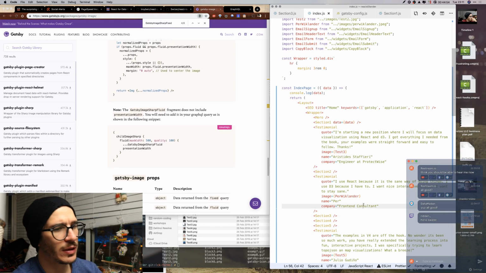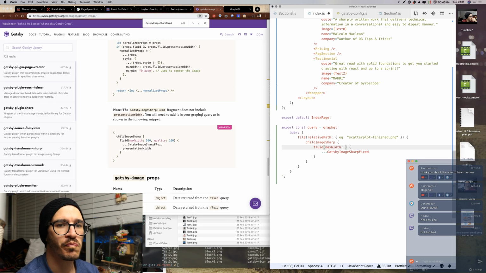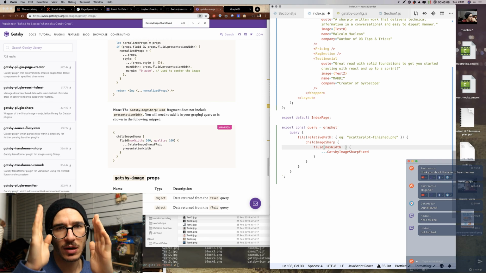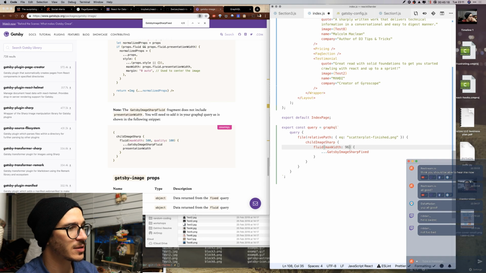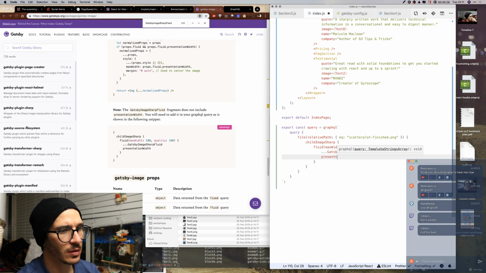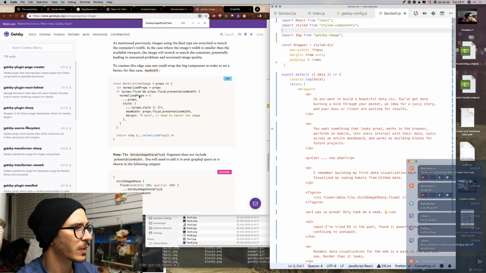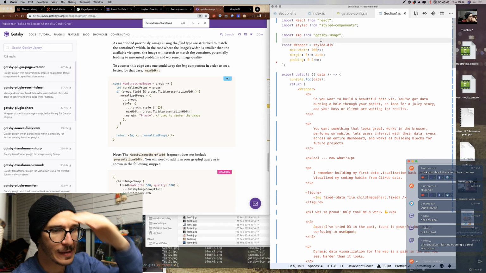So let's do it fluidly instead, because that does sound better. So we're going to say fluid with a max width of, let's say our main column is 700 pixels wide, so I want the titles and images to be max 960 with a quality of 100. Images sharp fluid and presentation width. So now here I'm gonna go to non-stretched image. So again, so we're gonna,